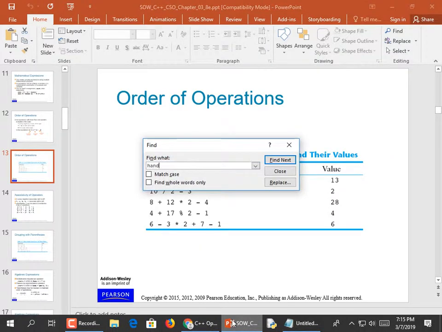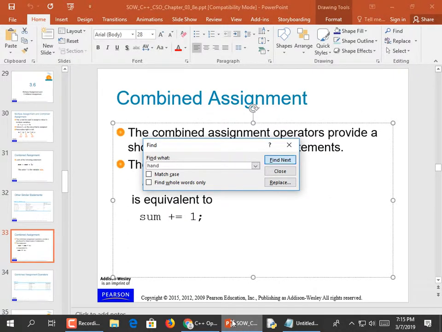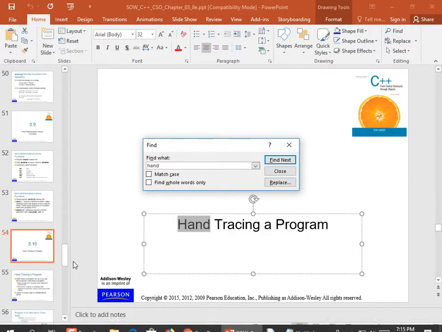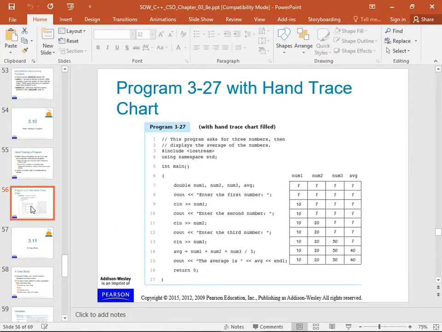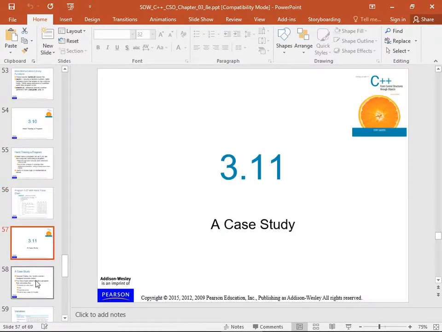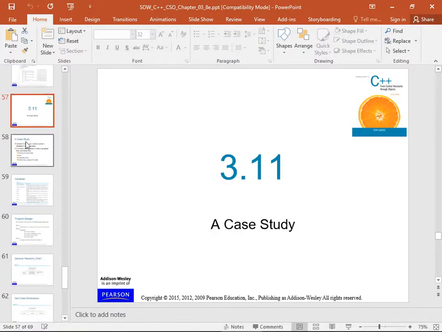So we were talking about hand tracing, which means that we were almost at the end of this. No wonder it looked strange to me. In fact,